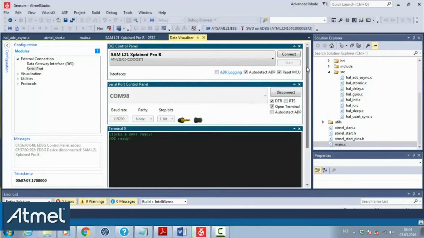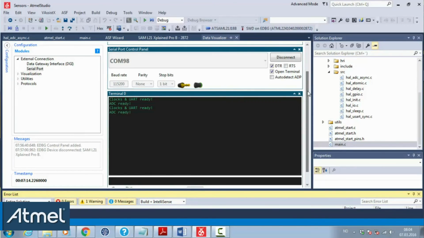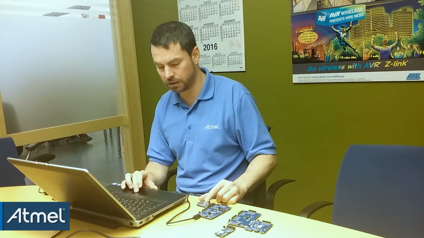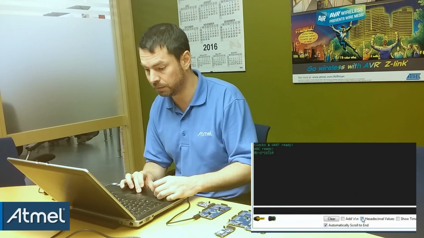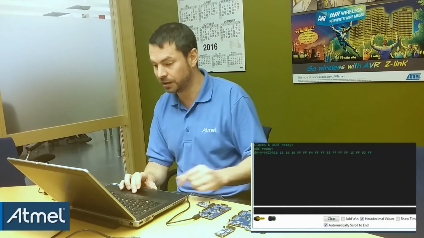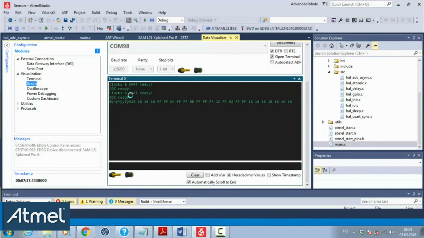So that was on the screen from before. Okay, and then we don't see anything, and then we see some rubbish, because what we are actually reading is hex values now. So if we enable hex values, we can see that we have some valid values changing as I touch the light sensor. And if I now add a graph,